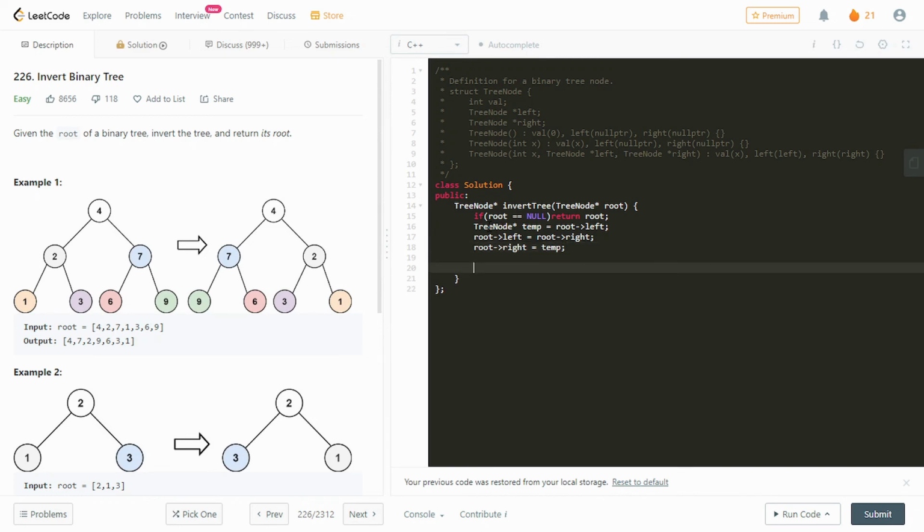Now we are going to call the invertTree function that is defined here on their children: root left, root right. So this is the code, and finally we are going to return the root after performing this action. So it is first going to call on this, then on this, and then on this, and finally the answer will be returned. So let us test the code